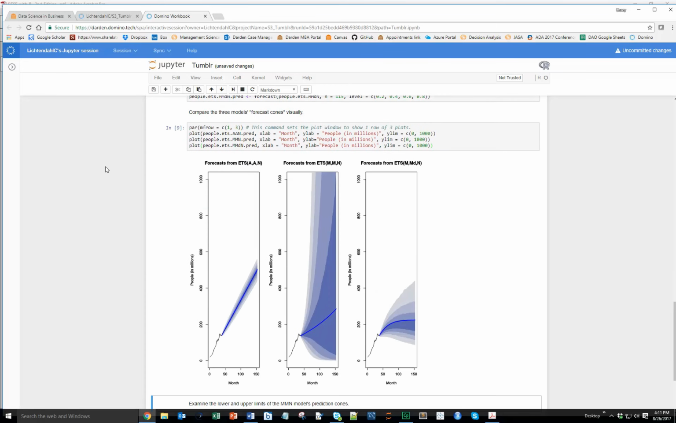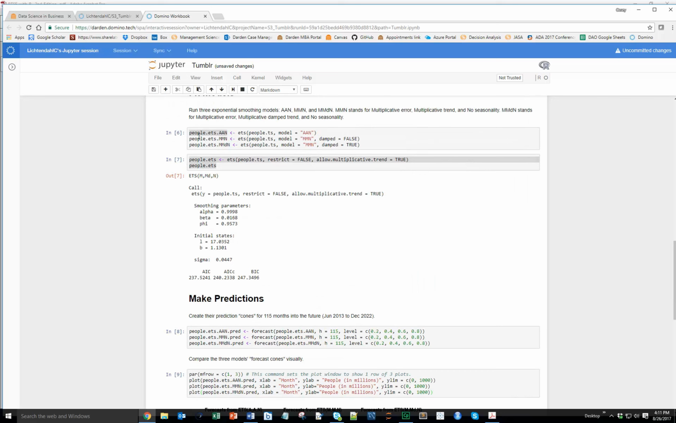And here are the three plots. This is the additive error, additive trend. This is multiplicative error, multiplicative trend. And here is the multiplicative error, multiplicative dampened trend, no seasonality. None of these have seasonality. And you can see the forecasts that they're making are very different. We've got going up for a long time linearly over the next 10 years and very narrow bands in terms of prediction intervals. And then over here we've got some exponential growth, but because this model, let's go ahead and